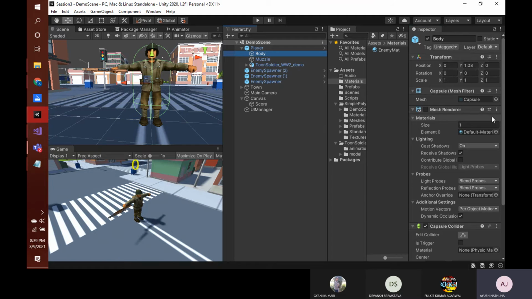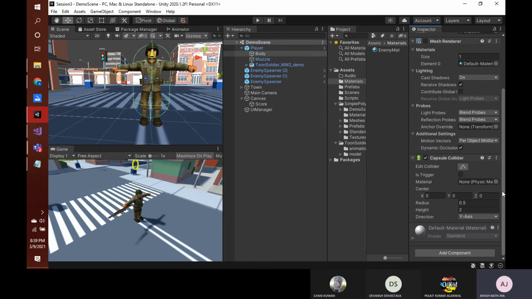For this capsule collider, if we move its center along the y-axis a bit down, let's say to minus 0.2, we are moving it down. Minus 0.2 would be huge, so minus 0.1.